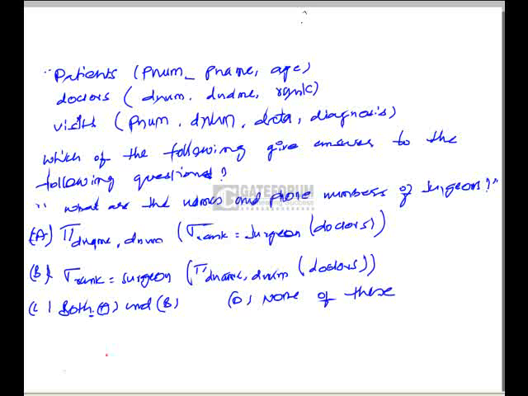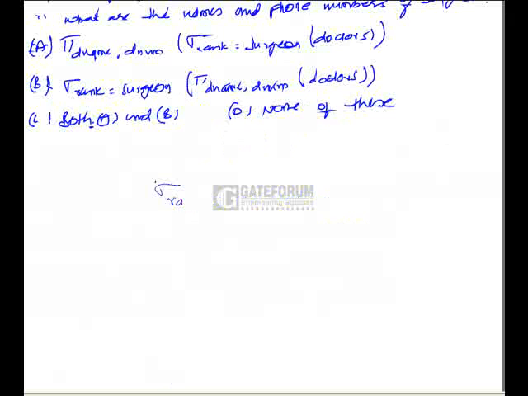So for that we have to write a query as select rank is equal to surgeon from doctor's table. So this query selects all the doctors who are surgeons. And from this table we need only number and name. So we have to project those two columns,